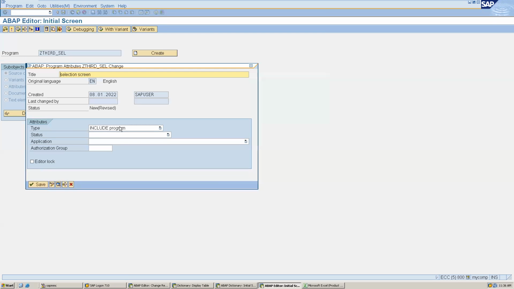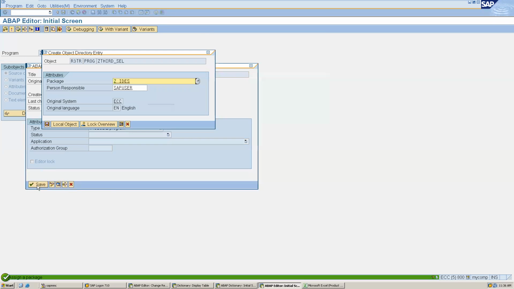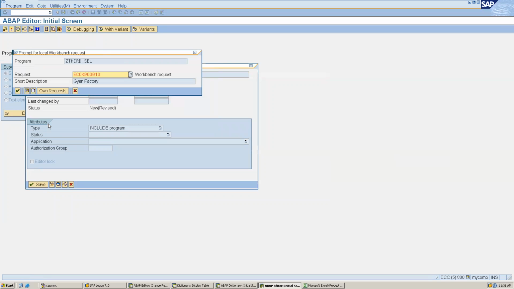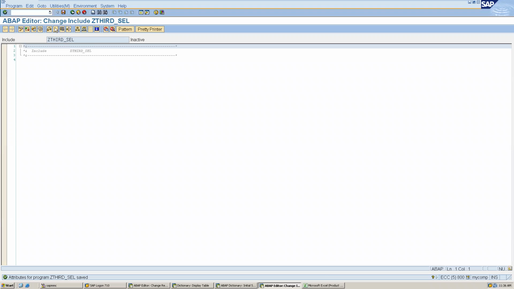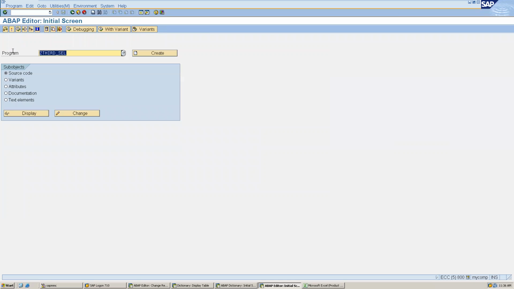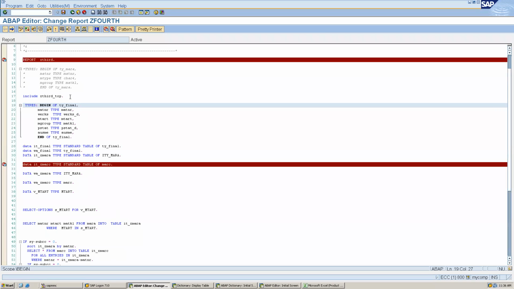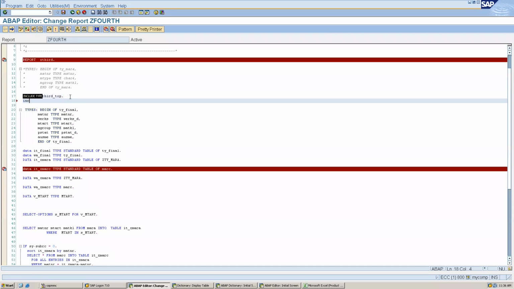So we want to create an include program. We can save it, and now we can activate it. So it has activated. We can use this in our program. So either we can create it there by double clicking, or we can create it outside and use it. So now we can include